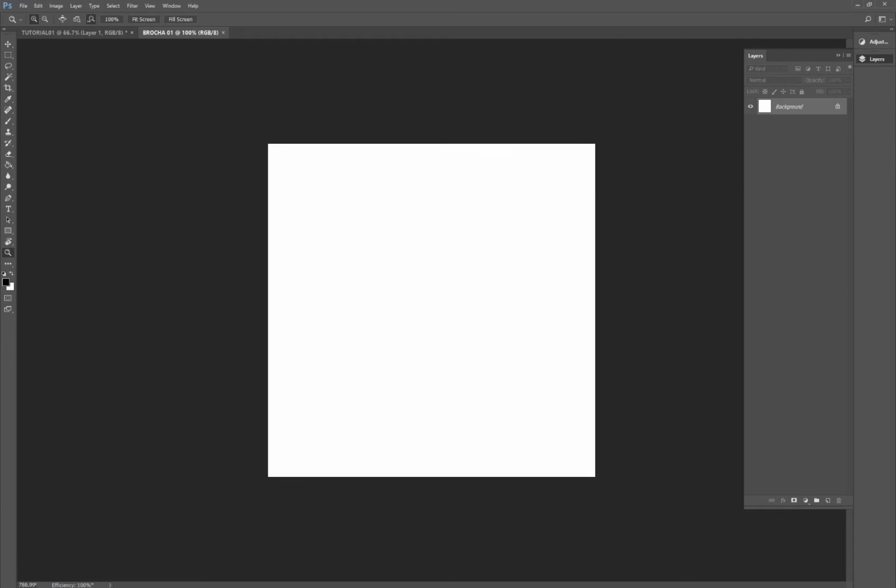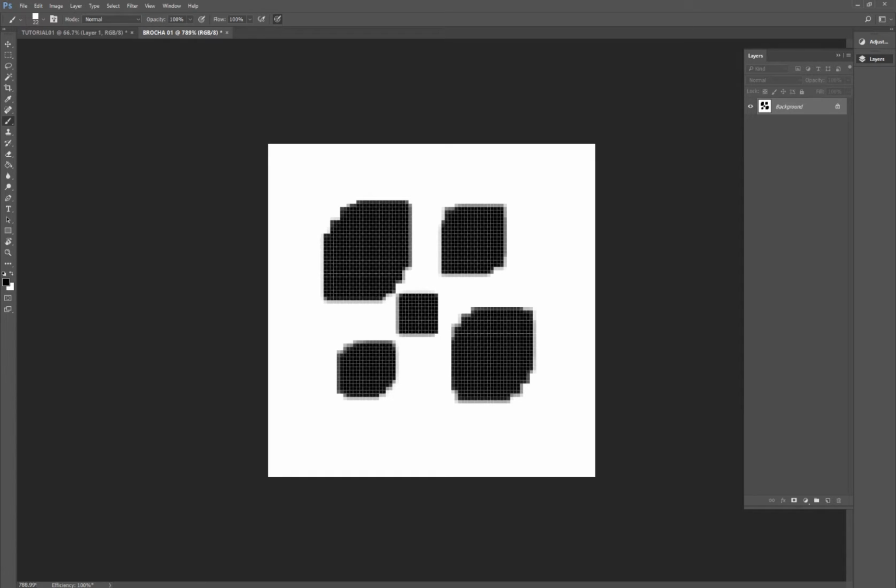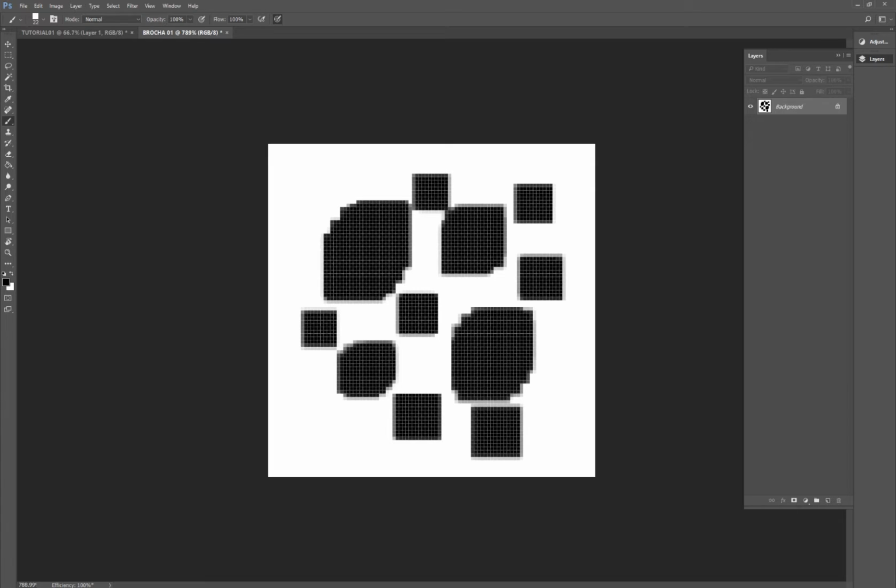Now we have a square. We'll use this square as a base for the brush we're going to make. This step is really simple. All we have to think about is what we want the brush to do. Do we want it to have a stain or spotted effect, maybe various lines? What we're doing is seeing what type of brush is the best for our illustration.